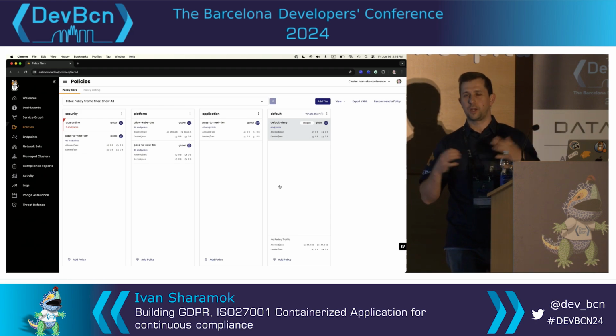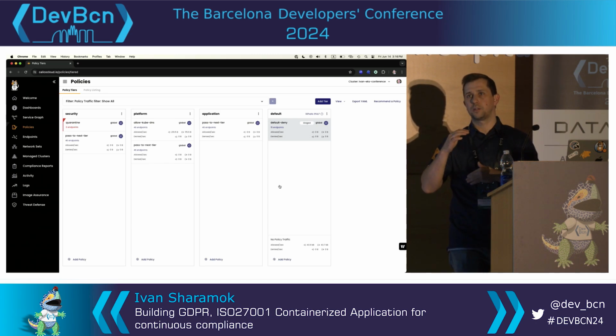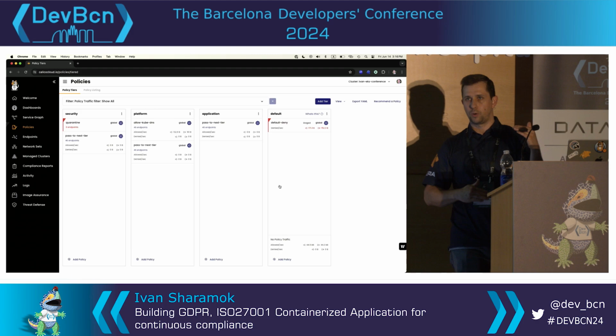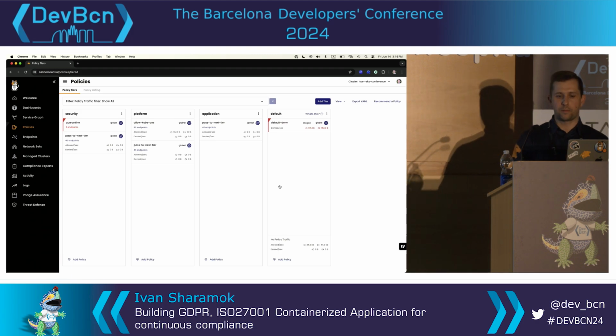Typically, default deny should be the last policy within a certain scope. If you're deploying default deny for the namespace, it's the last policy in the namespace. And by last, I mean the order of evaluation. Because you want to traverse the policies that allow in the traffic, and the last one is going to be default deny. That's for the traffic that is not allowed.